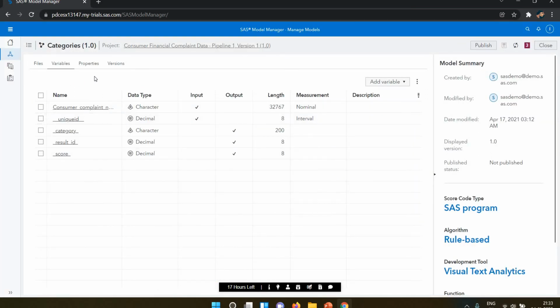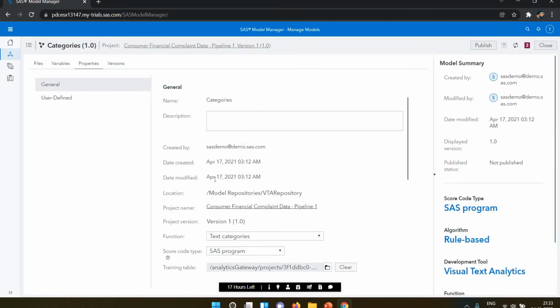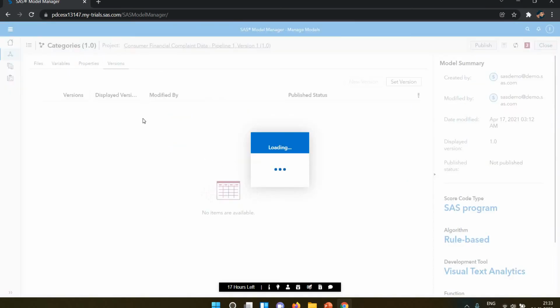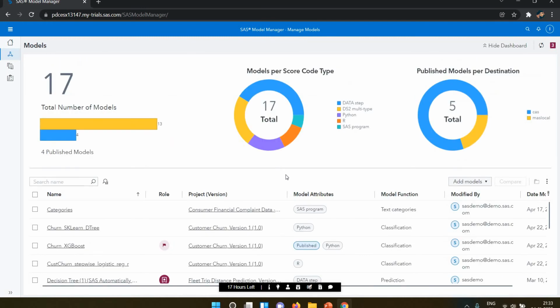The variables are available here, and the properties show the location, date modified, project name, and version. Last we have the versions: the first version released, when the versions were released, and all the details. So this is about the SAS program, how we will see the models.